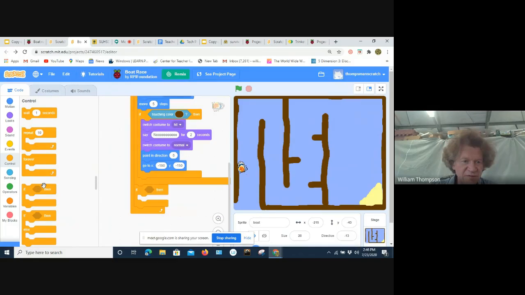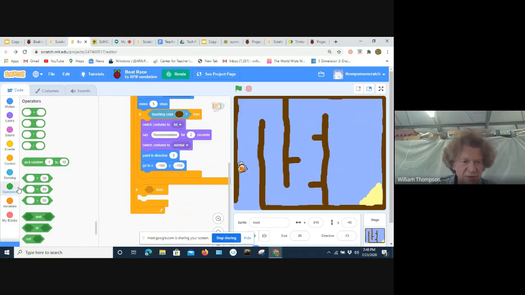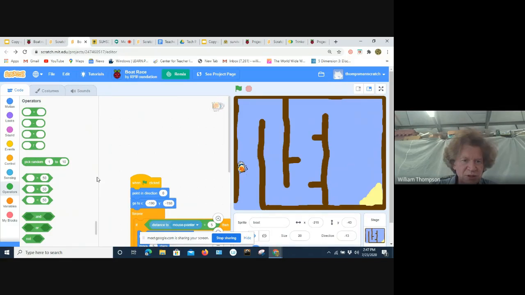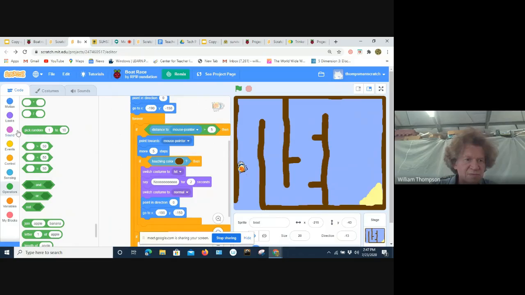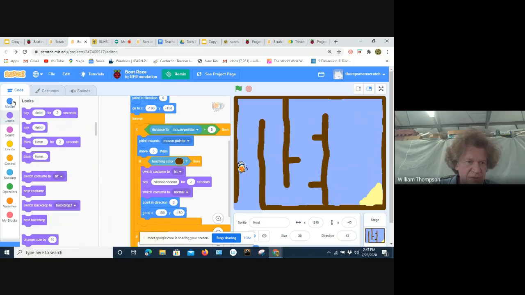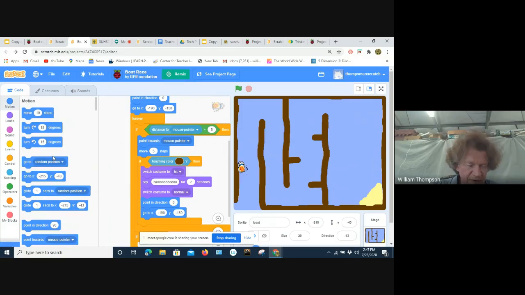Okay, so if, and then go to operators. Oh, wait. Sorry. If color touching. So that's under sensors. Wait, no. I forgot where it was.